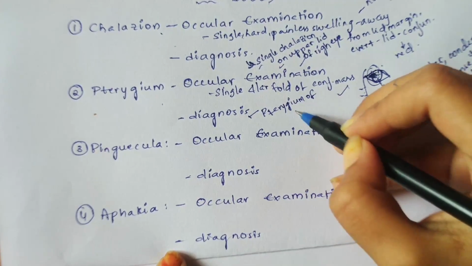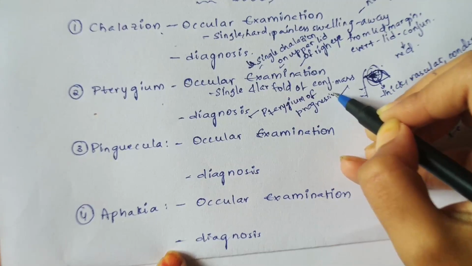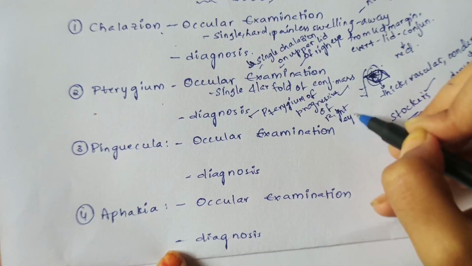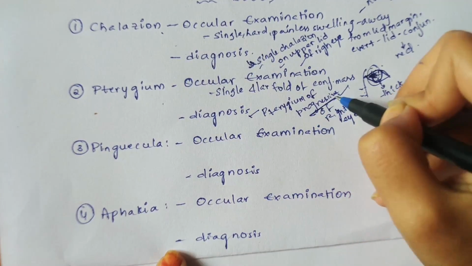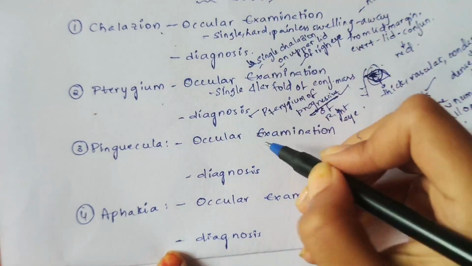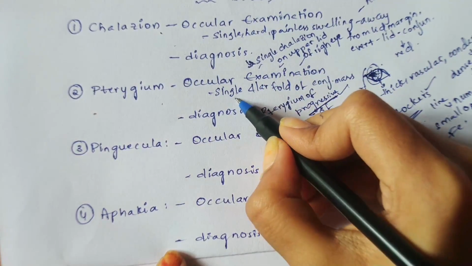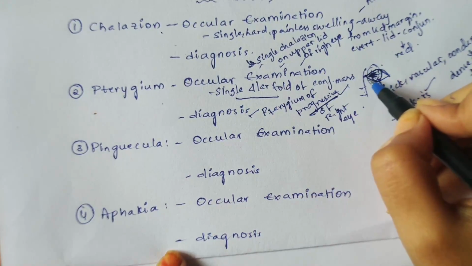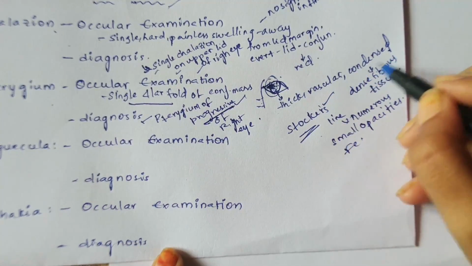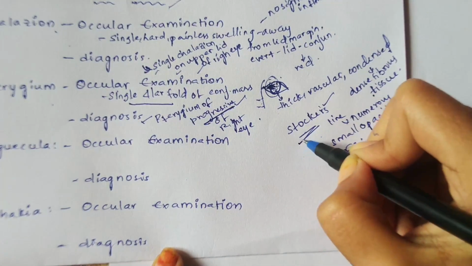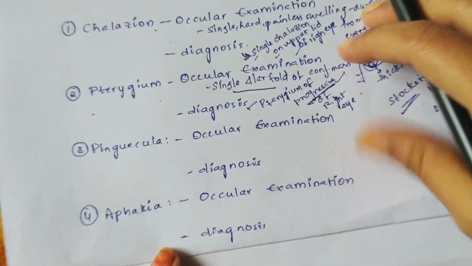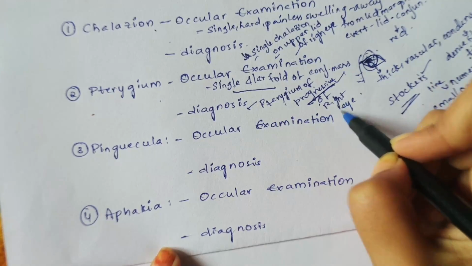of progressive or regressive stage, which may also be seen. If it is present on the right eye, you will say right eye. What is progressive pterygium, I will tell you in another video when I discuss viva questions related to these cases. So we completed pterygium. In pterygium, a single triangular fold of conjunctival mass encroaching onto the cornea on the nasal side of the right eye, thick, vascular and condensed due to fibrous tissue development, and Stocker's line, numerous small opacities due to the deposition of iron, is present in front of the pterygium. Diagnosis is pterygium of progressive stage of right eye.